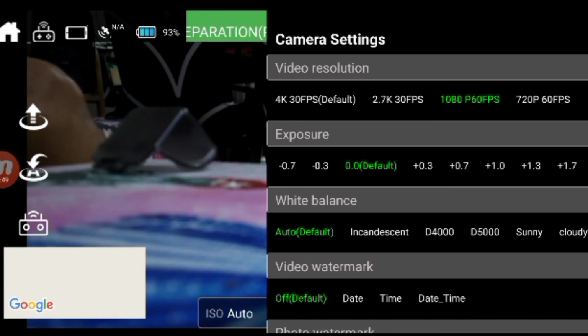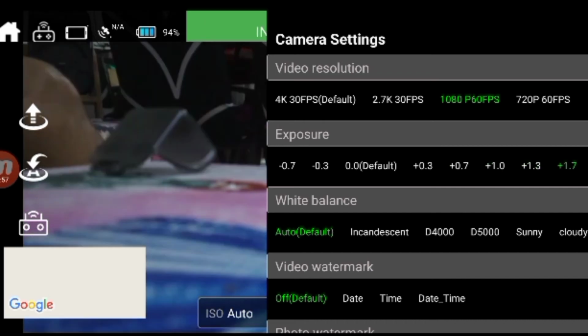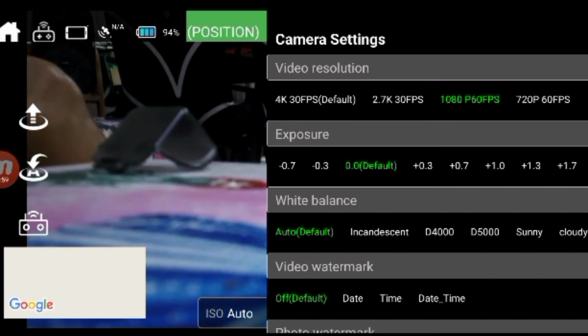Exposure, you can play around here. You can mess around like that. Exposure, nice. Default, or maybe this is the standard setting. Default exposure, nice. So default white balance.